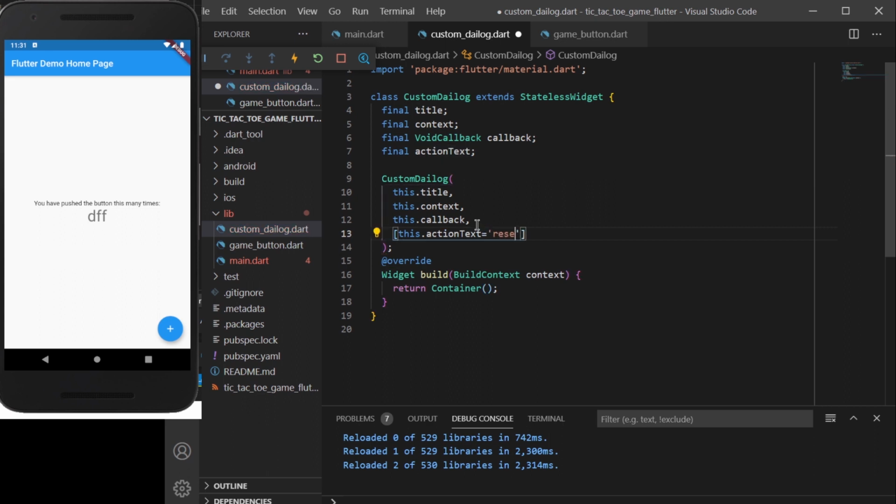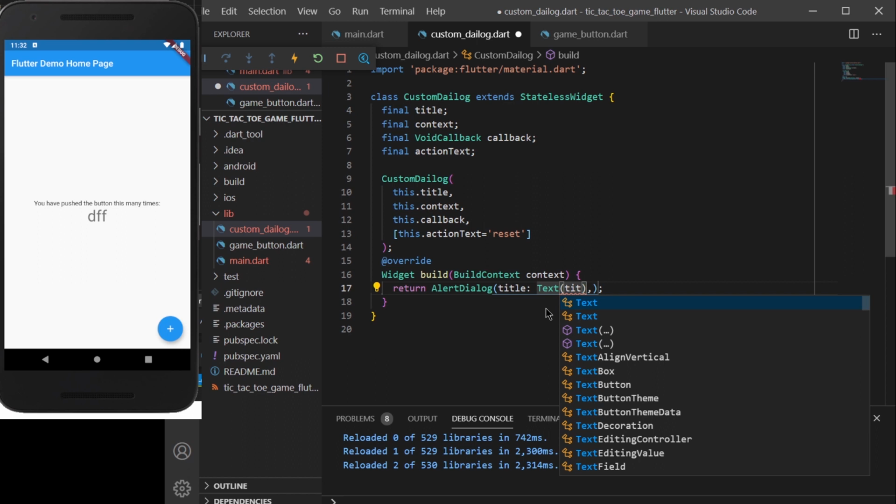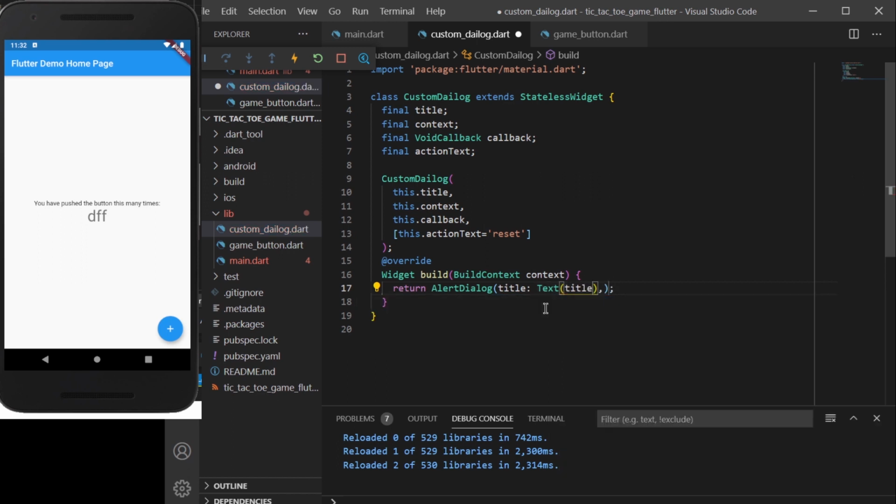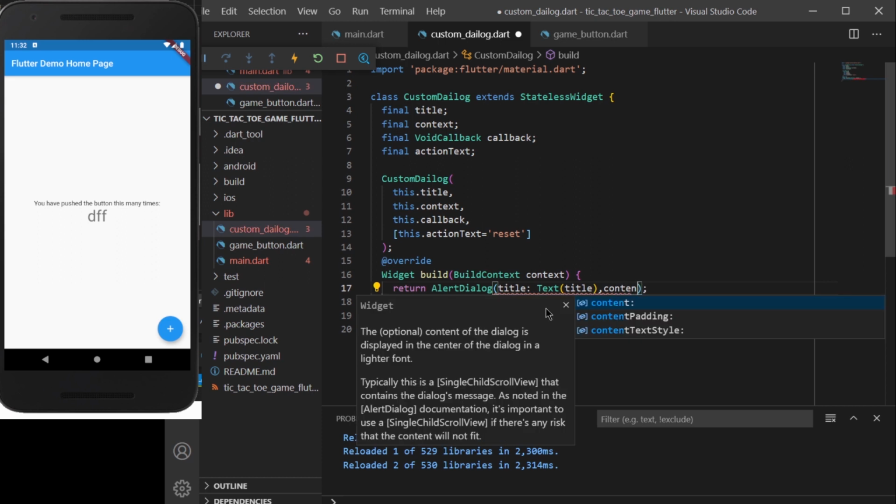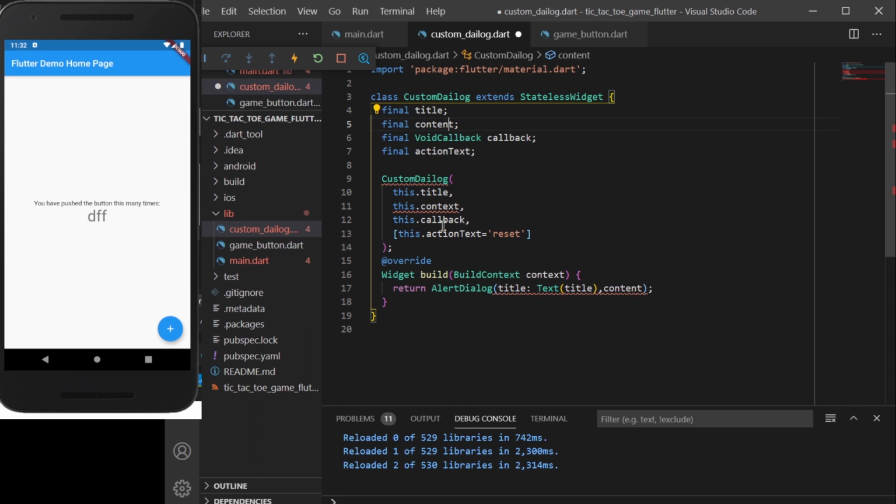Now we'll be having an alert box here inside this build in place of container. So adding an alert box or alert dialog. And inside this alert dialog we need to pass various different things. So the first one is a title, and inside the title we'll be having a text, and we'll be passing the title which we have got above inside this particular class. The content will be equal to the content, so in place of context it is content. So now the content will be equal to the content which will be displayed inside the text,